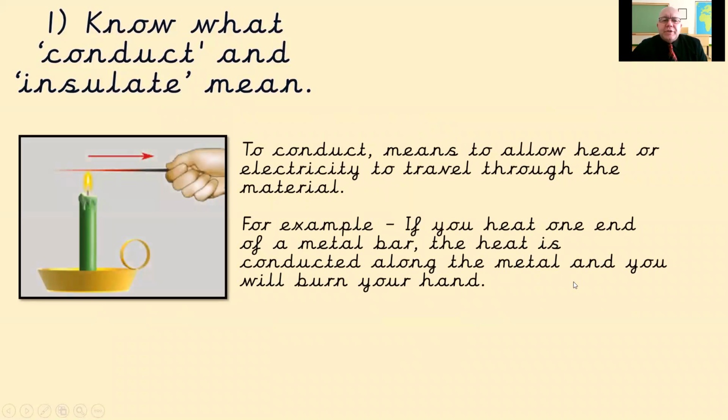To conduct means to allow heat or electricity to travel through the material. And here's an example for you. If you heat one end of a metal bar, the heat is conducted along the metal and you'll burn your hand. I don't know if anyone's ever done anything similar to this,